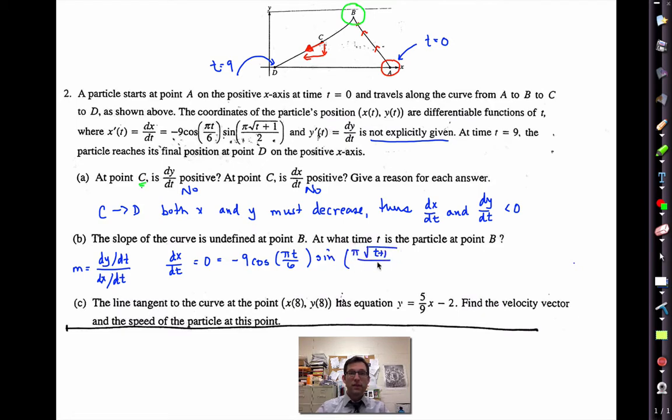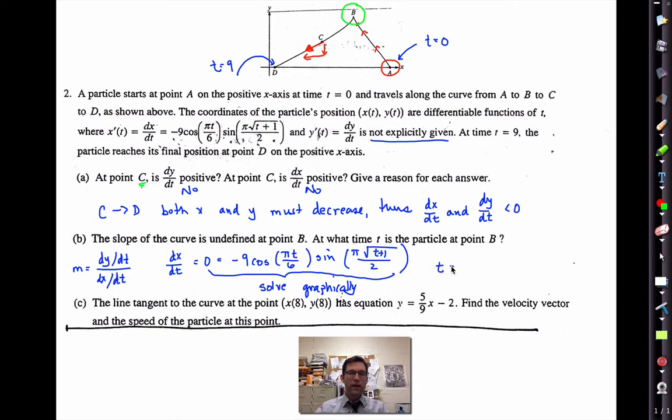Now, that being said, this equation actually can be solved algebraically. But the intent of this problem is to be done with a calculator, all right? So you could go back into function mode and you could solve this graphically. Again, it can be solved algebraically. It is a trig equation, so it has an infinite number of solutions. But on the interval 0 to 9, because we start at t equals 0, we end at t equals 9,